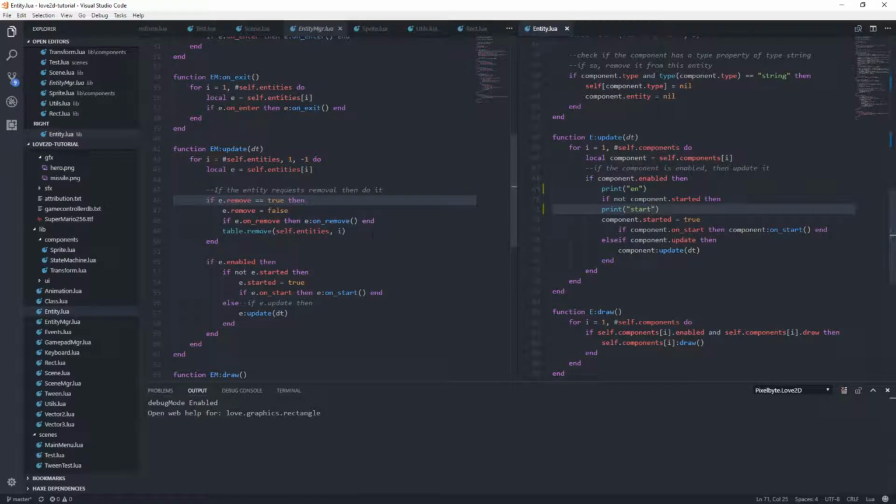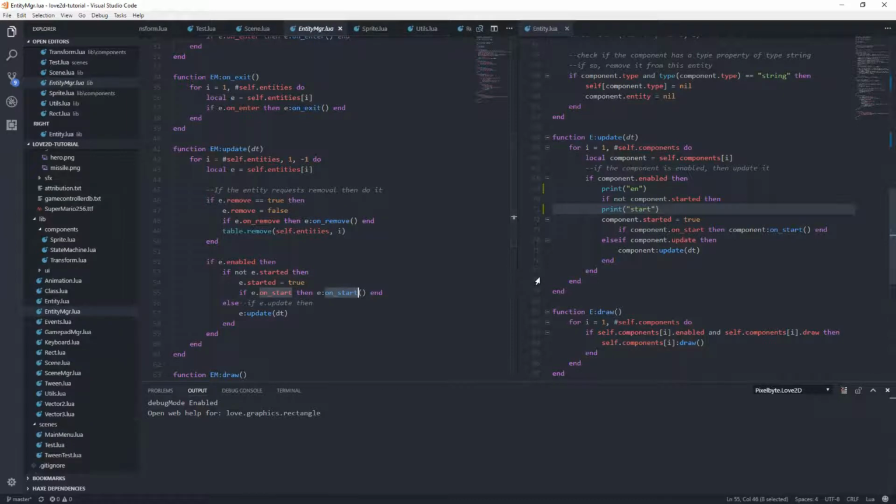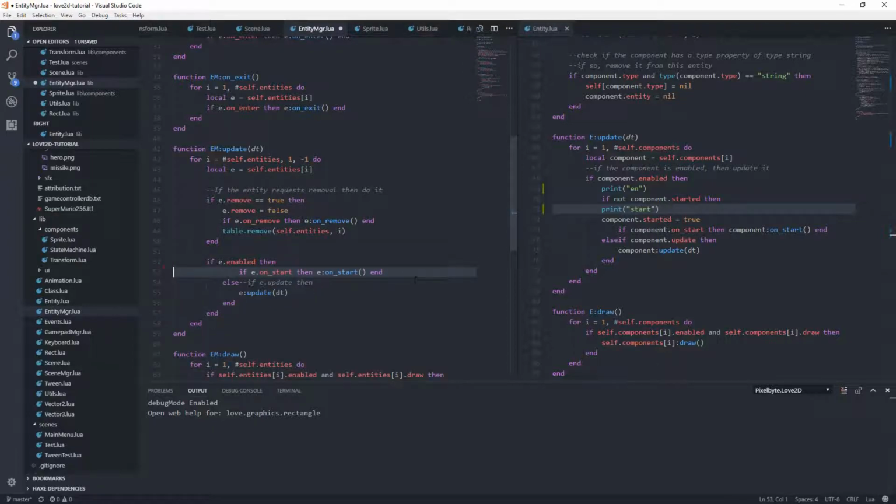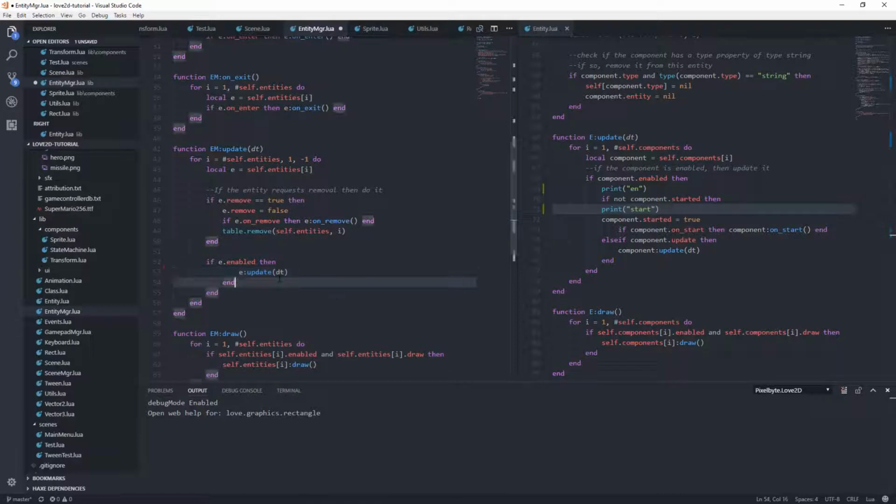We have an entity on start. So we really don't want to do that. We just want to update. That's the problem. I think that's the issue. So if we take this out, like so,